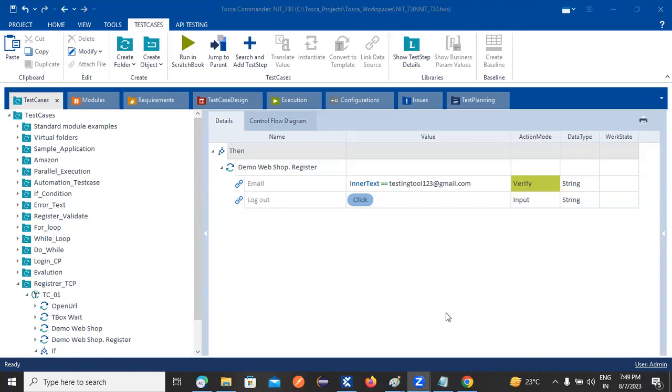Yeah, this is what we call a test configuration. The next one,